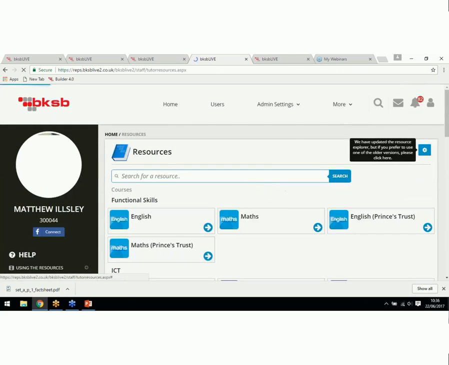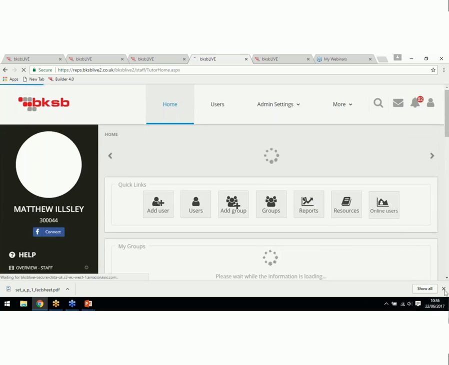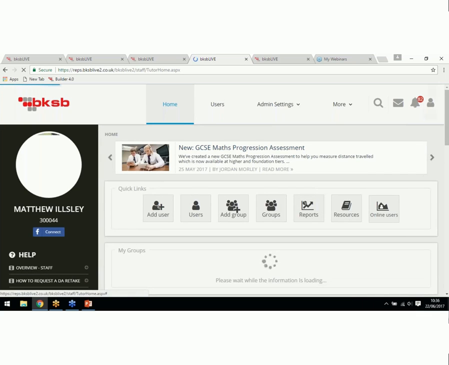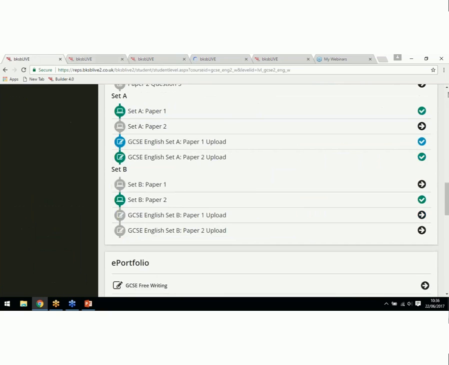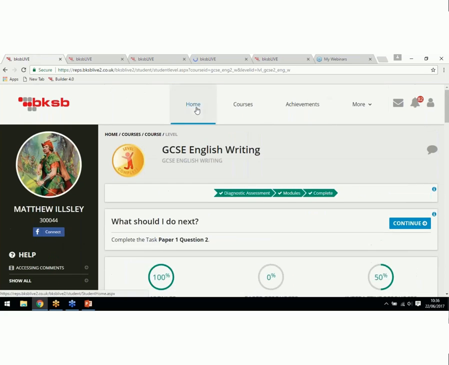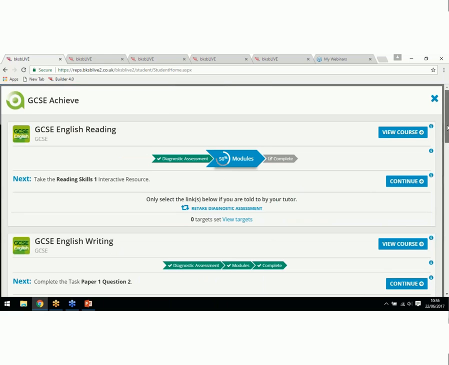So that's a little bit of an overview of the GCSE English. If we go back now, we'll take a look at a little bit of the GCSE Maths. Try and find my student login. So GCSE Achieve once more, we come back to the home page on the student login, view the courses,